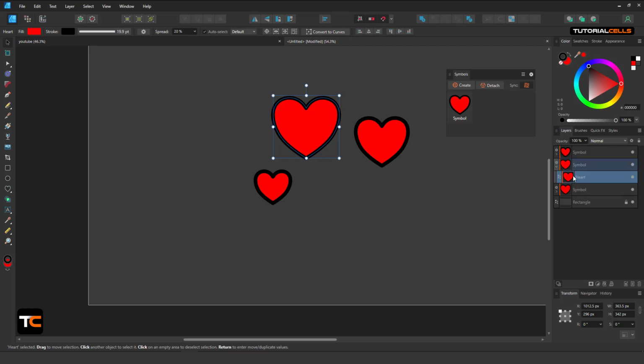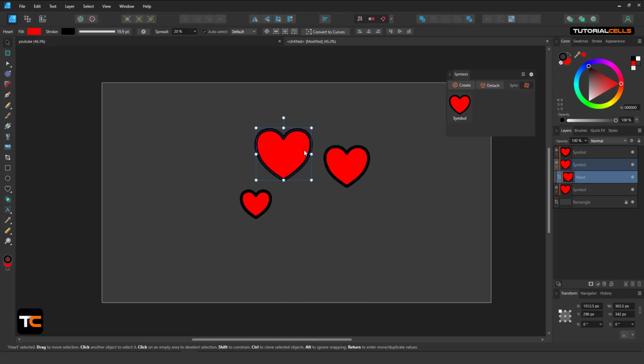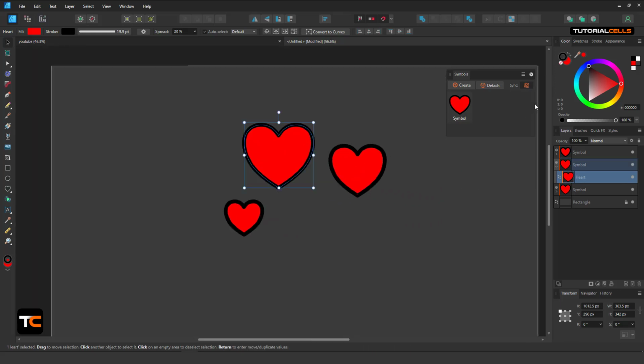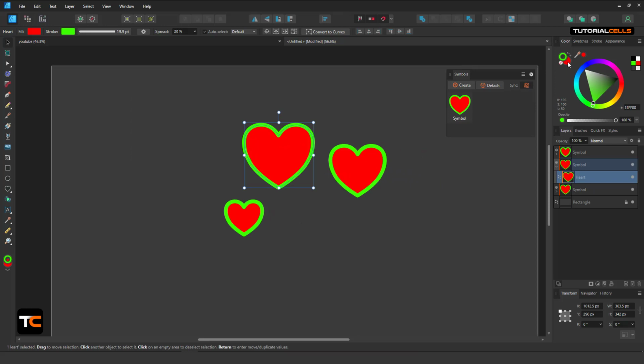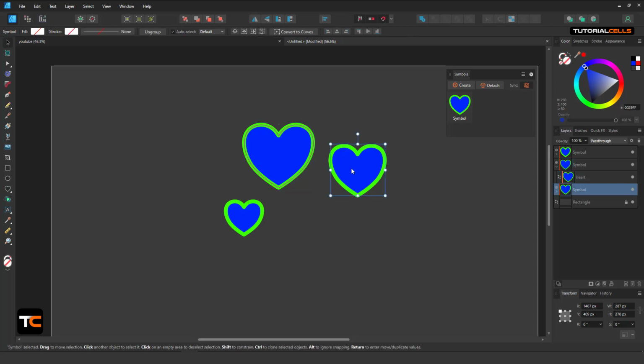You have to open or double click to access the object. And then you can change this stroke or change the color. It will change all of the symbols at once. But if you want to create this separately, you can